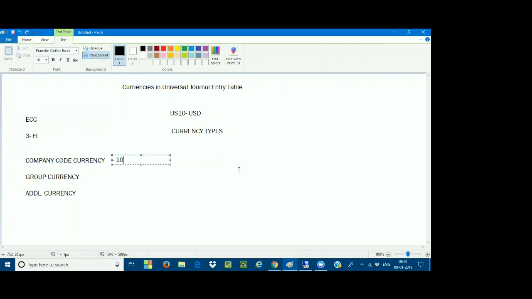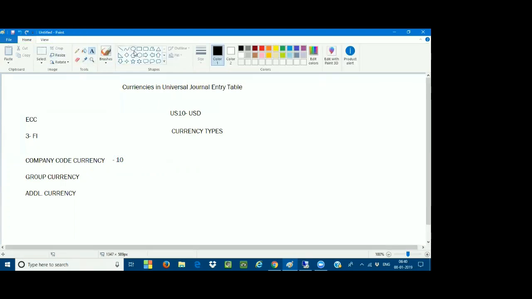So I'm taking one company code currency now. I created one company code. For this company code, whichever currency you are assigning is called the company code currency.